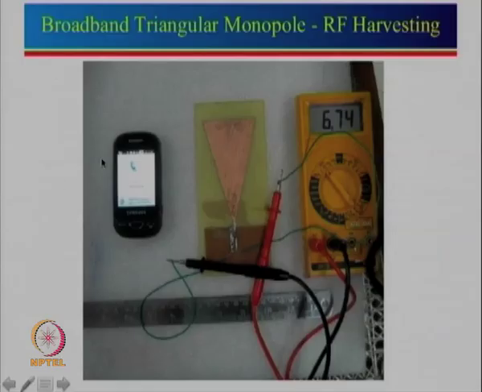So you can see that there is a mobile phone over here which makes a call. This is the RF harvesting circuit, this is the antenna, and this is the configuration which is nothing but a rectifier circuit, and the output of this is connected to the multimeter. So this is in the open circuit configuration. You can see that when a phone rings we can generate 6.74 volt, and in fact we